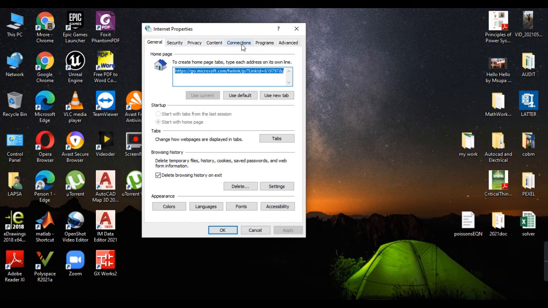So first of all, here we are looking at the system. The browsing has been slow, and doing it this way will make your system a bit faster.